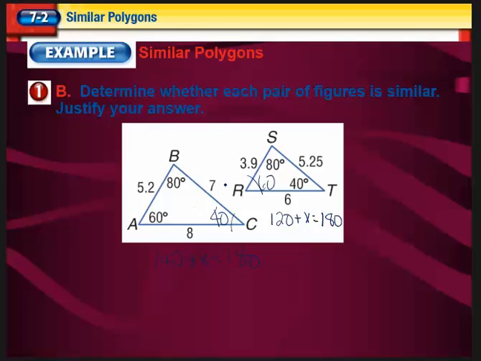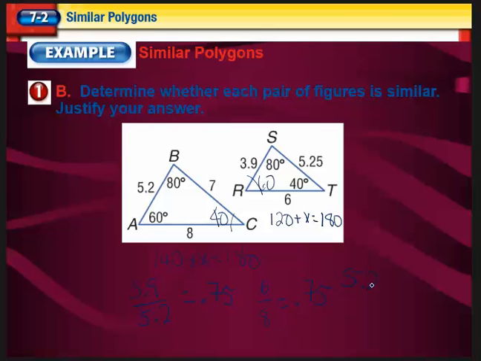Now I have to make sure my ratios of corresponding parts are equal. So I'm going to go 3.9, set that up in a ratio with its corresponding side 5.2. When I reduce that, I get 0.75. Now we just go around our triangle. 6 and 8 are corresponding. 6 divided by 8 is 3/4, which is 0.75. And then my last two sides,